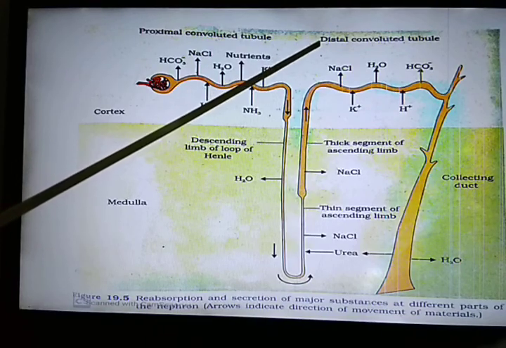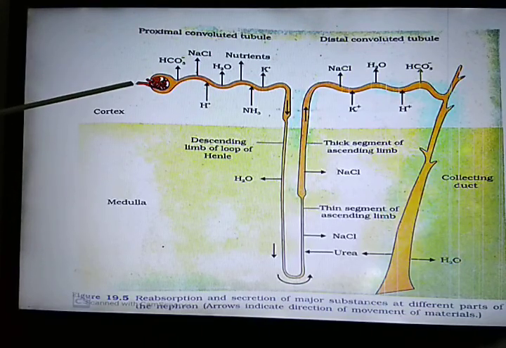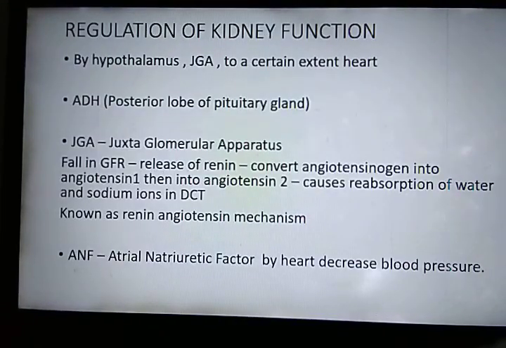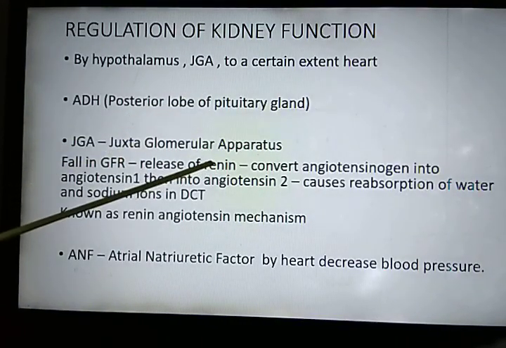So in the distal convoluted tubule and in the membrane of the efferent arteriole, juxtaglomerular cells are present, and these cells release renin,